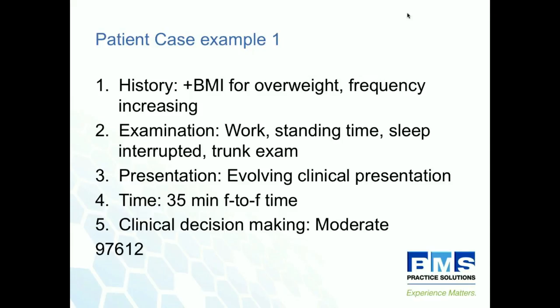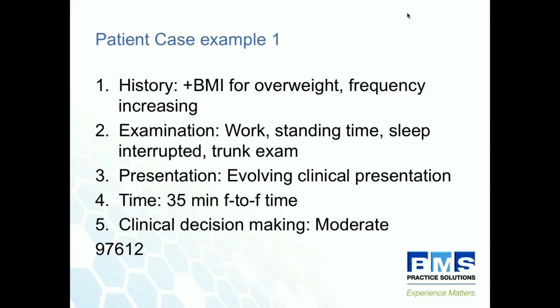So in terms of history, we have a BMI that's positive for being overweight, and they have increasing frequency of pain. In the examination, they have work, standing time limitations, sleep interruption, and then you've got your trunk exam that you would be doing. Their presentation, it's an evolving clinical presentation. The patient is not stable, but it's evolving in a predictable way. We'll say the face-to-face time for the evaluation was 35 minutes. The clinical decision-making then is moderate, so you would pick code 97612 for the moderate